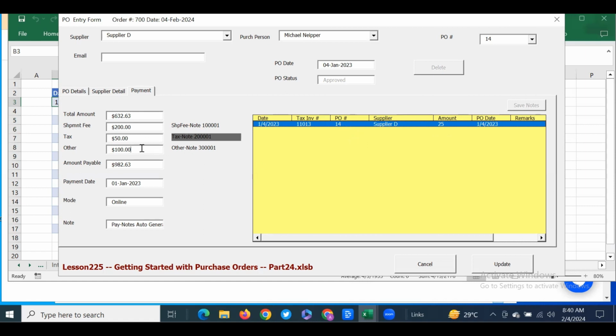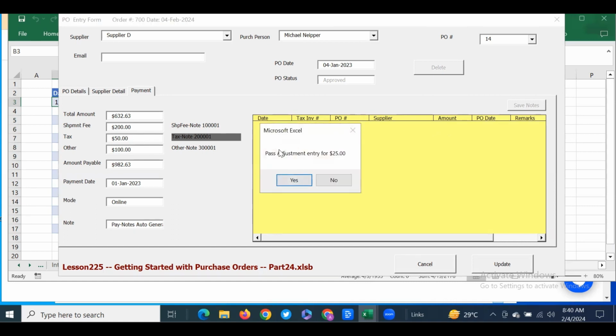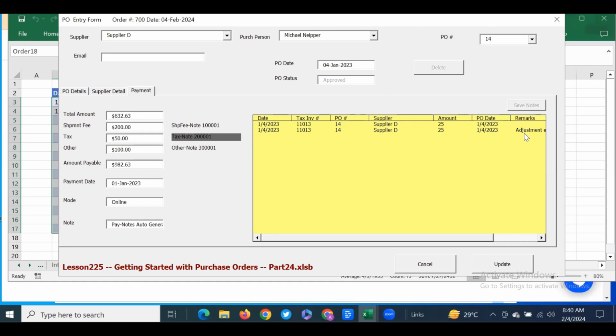So this is also needed. Instead of that, without asking, it starts passing the adjustment entry. Sometimes some users would prefer that it should ask before passing any adjustment, right? So for example, if you double click on it, then it will again ask you, do you want me to pass on it? If you say yes, it is going to pass the adjustment entry, and now the totals